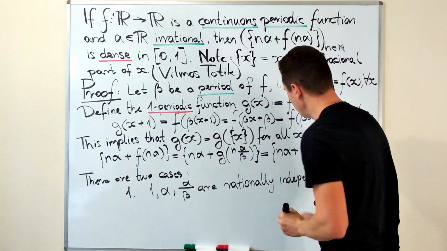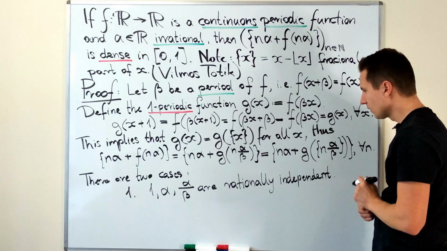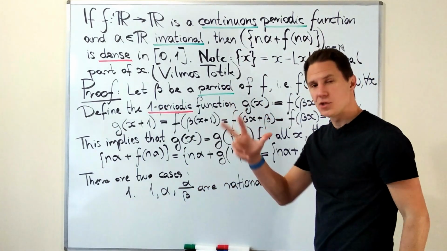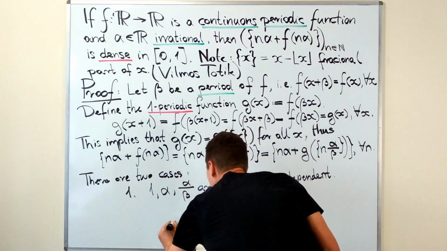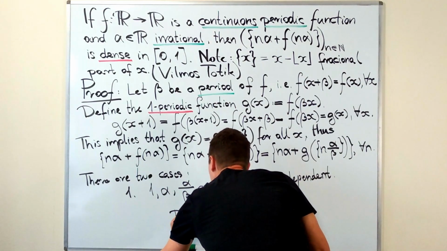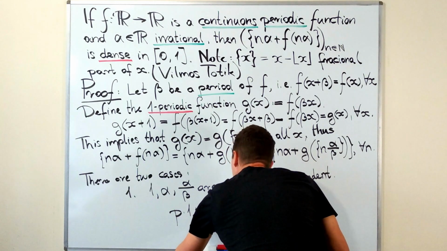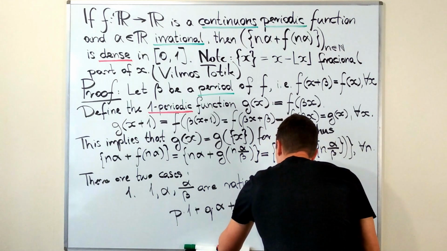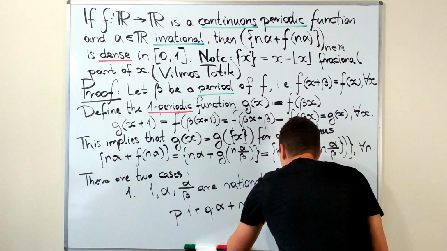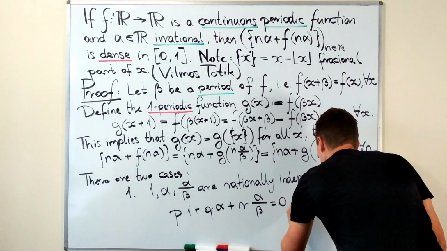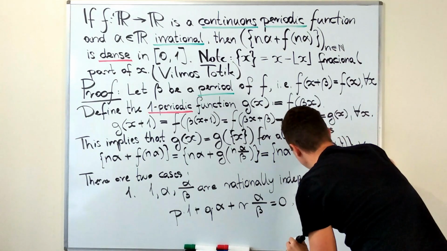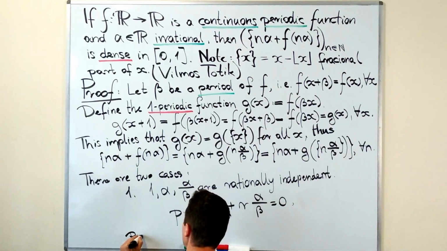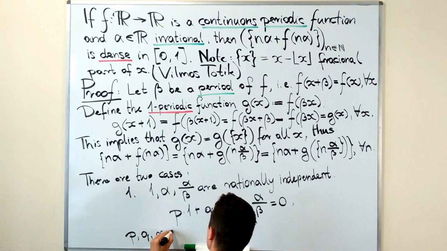Rationally independent means that the only way I can take three integers p, q, and r and form the linear combination p times 1 plus q times alpha plus r times alpha over beta equals 0 with integers